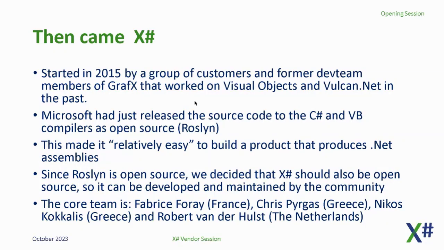It was open source, and it was not just open source, but it also allows you to use that source in your own applications. So we used the Roslyn source code to create our compiler. And with this compiler, we can create full 100% .NET assemblies that contain your software. And since Roslyn is open source, it's only normal that we would make our product open source too. So XSharp is an open source implementation of the X-based language on .NET, and our compiler is created on top of the Roslyn compiler.